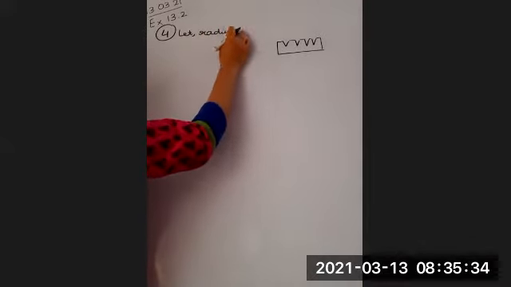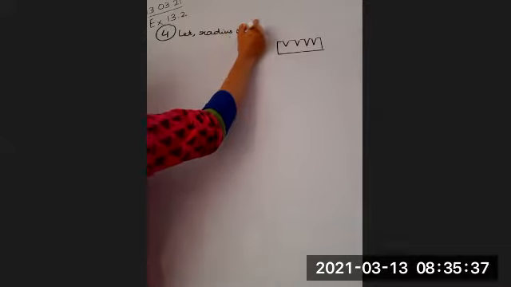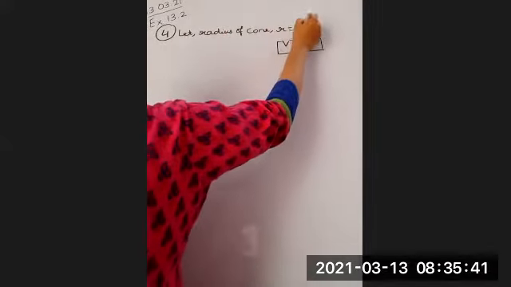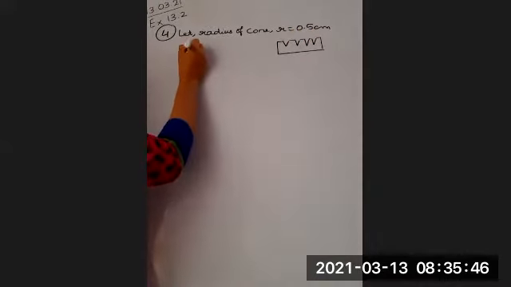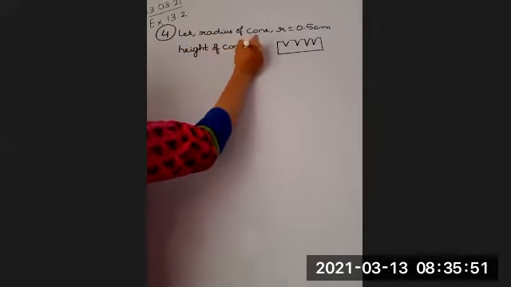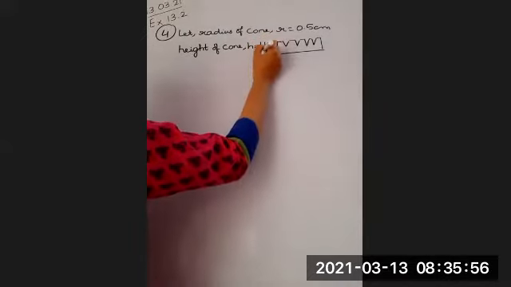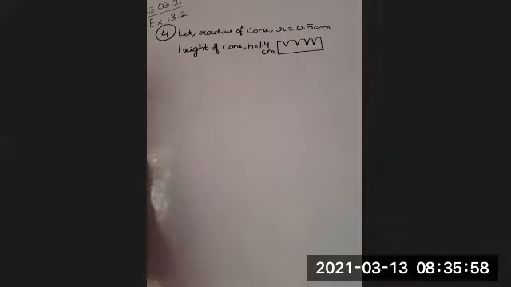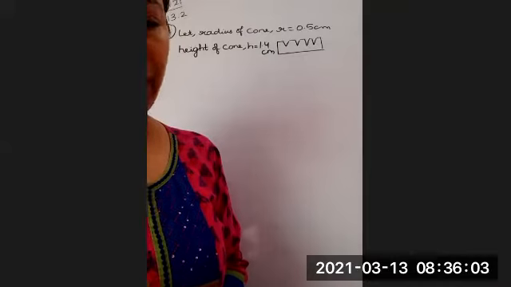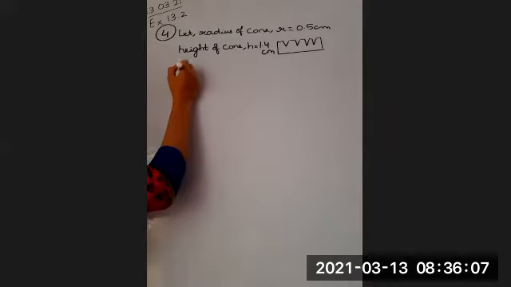So let the radius of cone, which is given by R, be 0.5 centimeter. Height of cone, which is H, how much is it? 1.4 centimeter. Okay. Take out the last statement from the question itself. The question asked, find the volume of the wood in the entire stand. So that is how we are going to do.